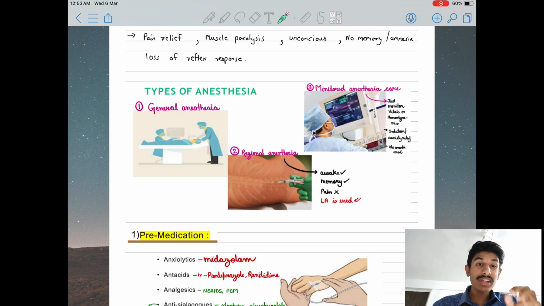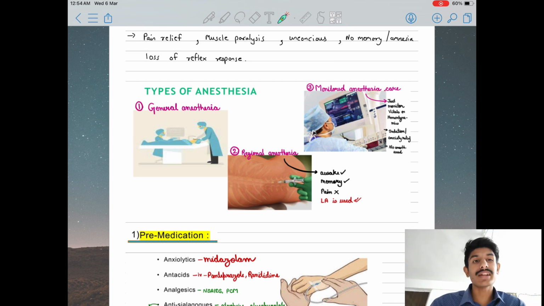For example, a patient got injured on the hand. He tells the doctor, I don't want to be paralyzed, and I have anxiety, so just give me anesthesia for my one hand. So what will the doctor do? The doctor will block the nerves of the right hand or left hand and do the operation. So this is the benefit of regional anesthesia.